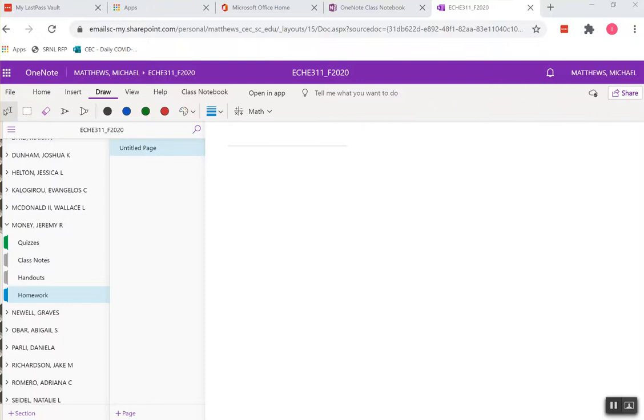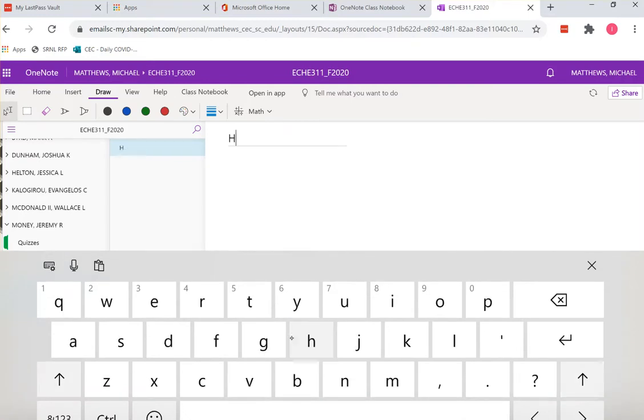Okay, so let me just show you how that works. Here's what I would like students to do. So here's an untitled page. What I want students to do, we'll talk about this some more, is at the top of a page,